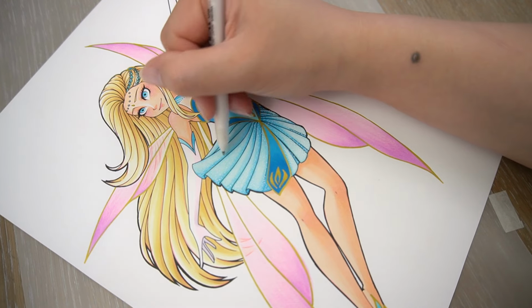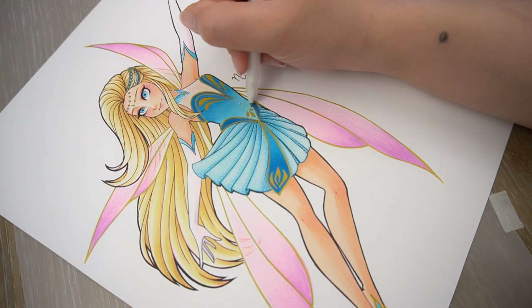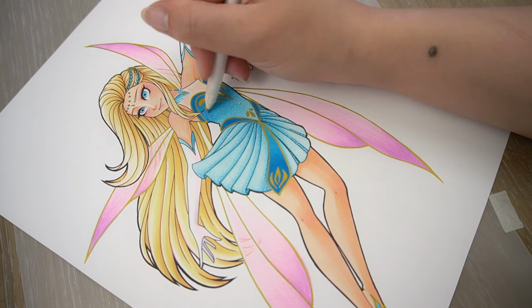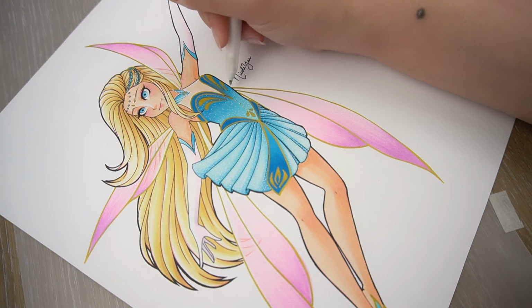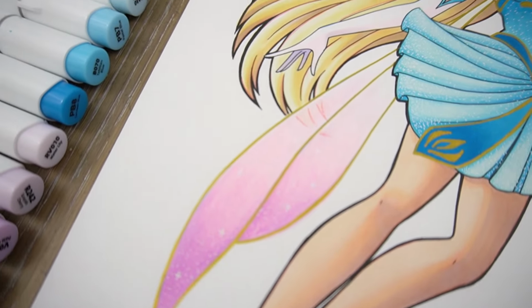Overall, I'm actually really happy with how Elsa turned out. Initially, I didn't have very high hopes because I did a trial run the day before, and that did not turn out well. But looking at this final piece now, I really like the outcome,